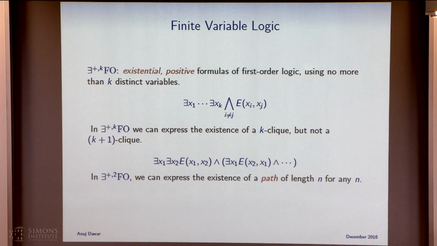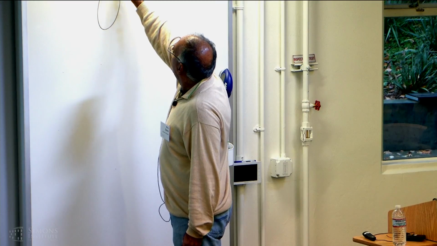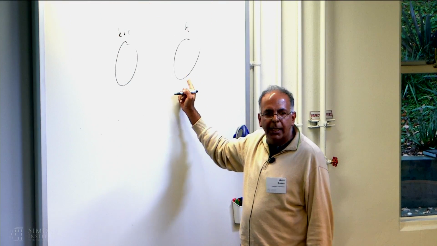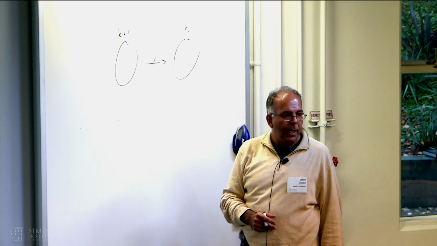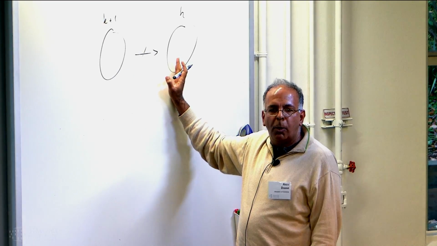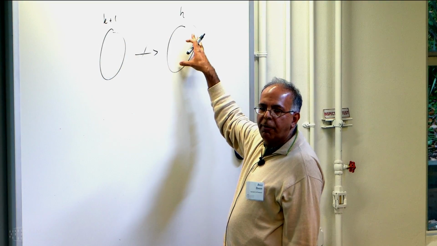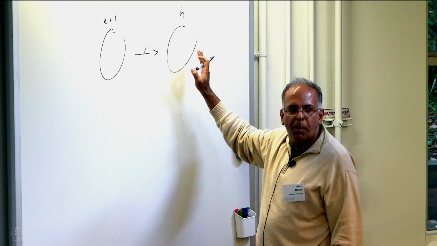Just to stress the difference between these two examples. If I have a k+1 clique and a k clique, there's no homomorphism between them. You can't map it homomorphically. But this pair of structures will pass the k local consistency test, because if I look at any window of size k, it maps homomorphically. And I can move the window around, and I can always change the homomorphism to make it work.